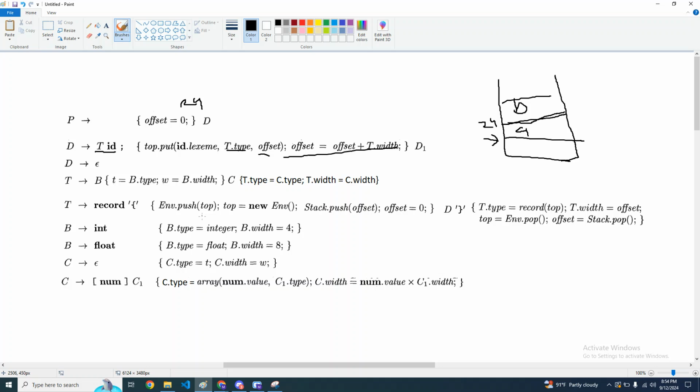And for record we are basically resetting the offset to 0. Why? Because it is entering a new scope. So for record, suppose we have curly braces and we have some variable inside it, right? So we are basically resetting the offset and putting a new symbol table on the top of the stack. Okay, so this is what the code stands for, because we are going to a new scope, right? So try to just overview this,